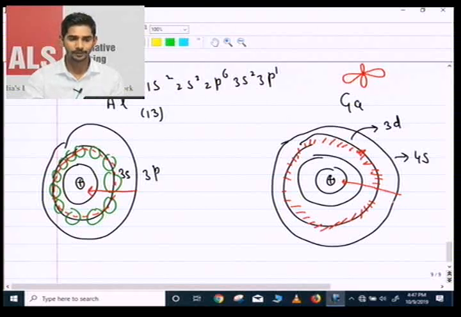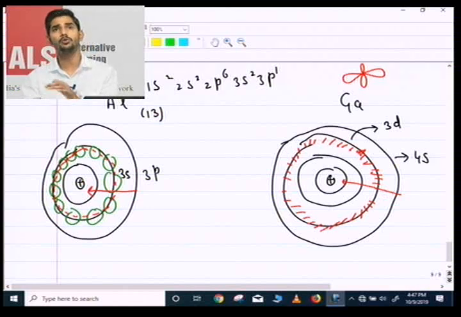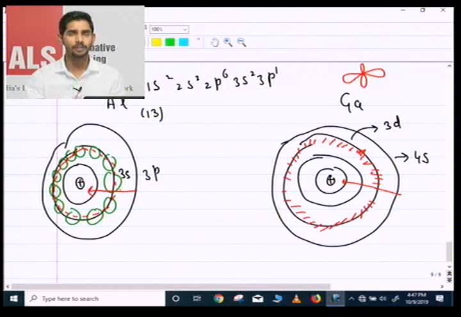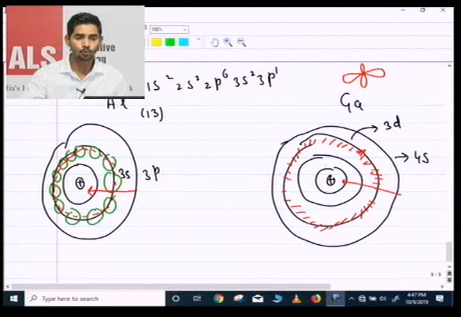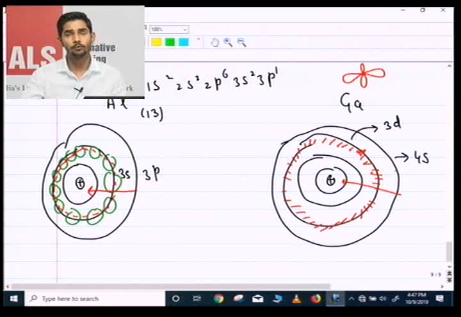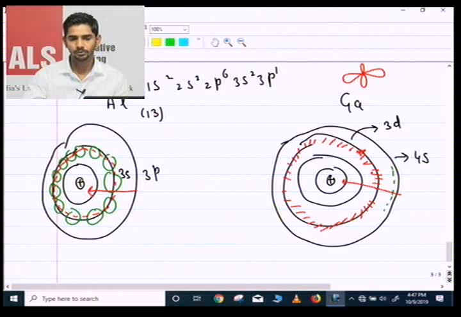Okay, so here in case of aluminium, the nucleus is not very effectively pulling the 3p orbitals towards itself, whereas in case of gallium, the nuclear force is very, very high. So due to very high nuclear force, it will pull the 4s electron towards itself very forcefully, and due to that force, the 4s electrons will actually shift slightly